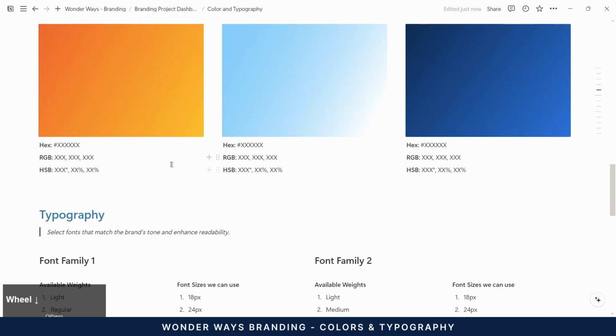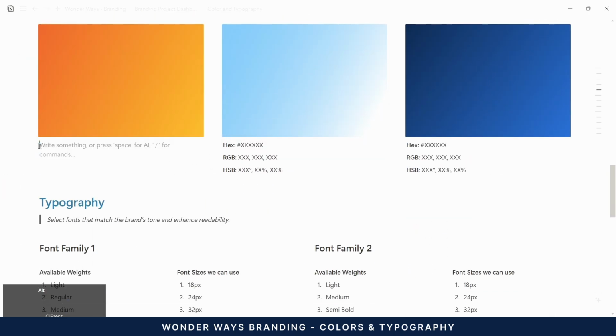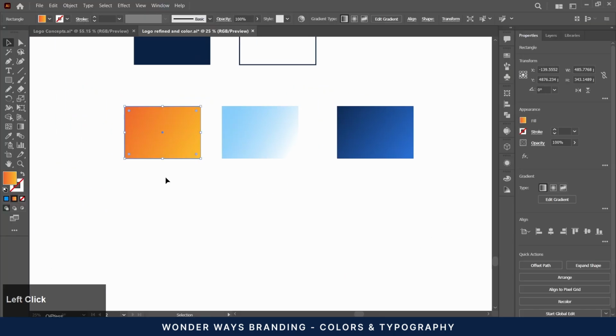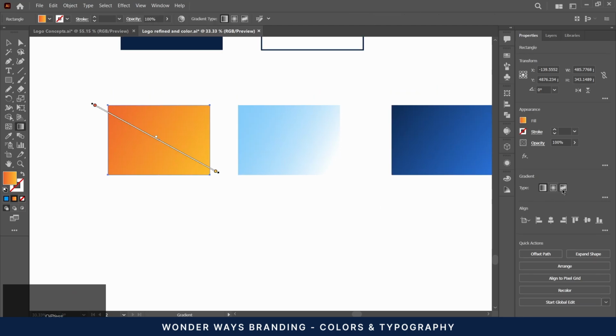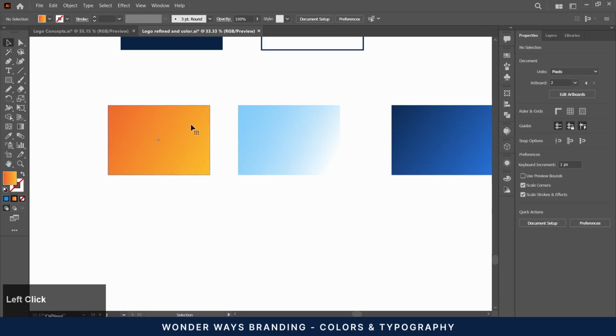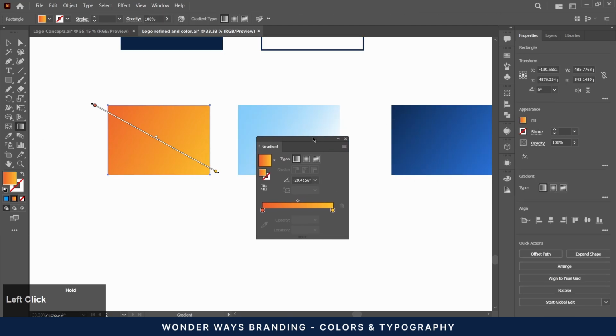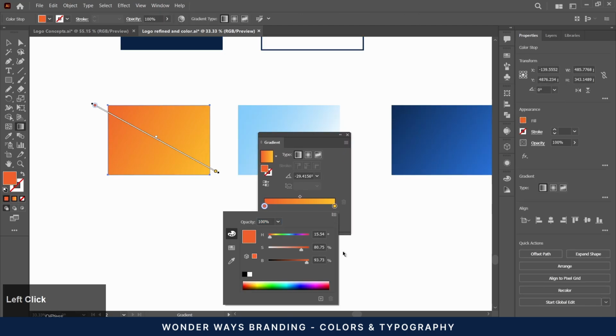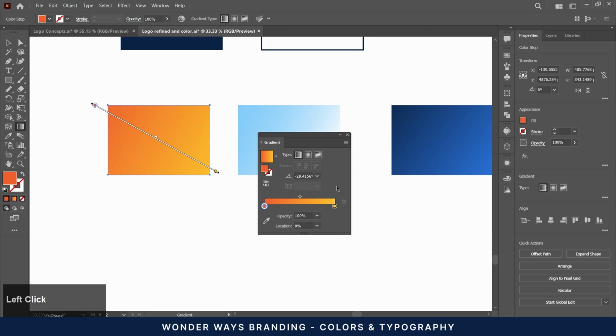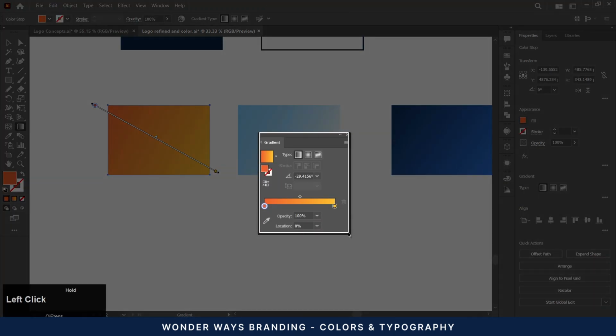For now, I'll generate 3 gradients. However, we can always add more later if we find that a gradient works well, and we'll include it in the brand guidelines. We'll also keep the details for these gradients so we can use them in the future.